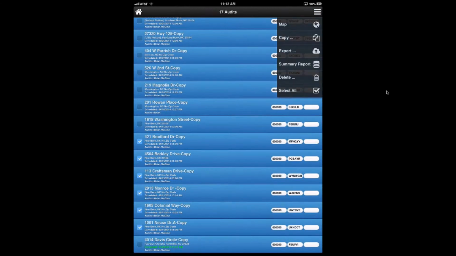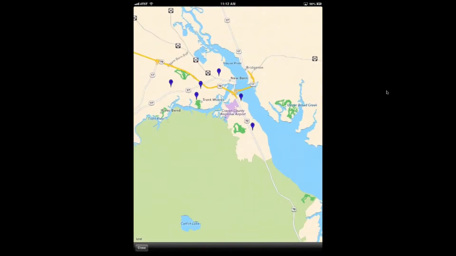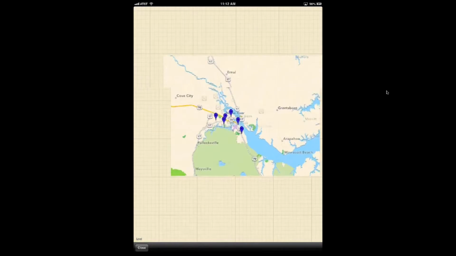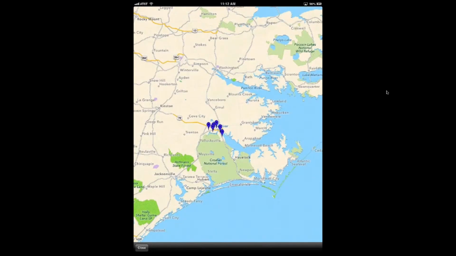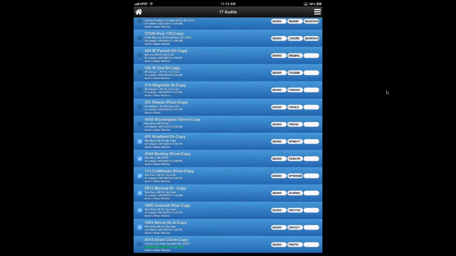Now if I say Map, it will map just the ones that are in that area. And you'll see that there are no others mapped. So you have some options there. I'm going to exit out of that and show one other mapping issue, and that is,